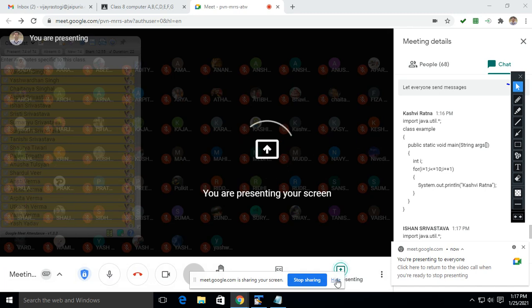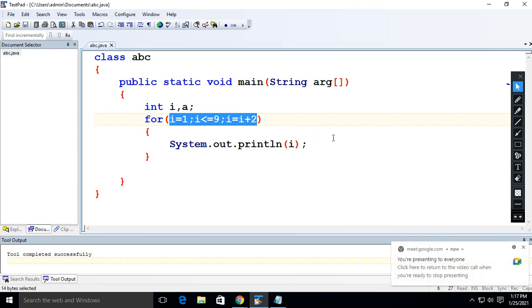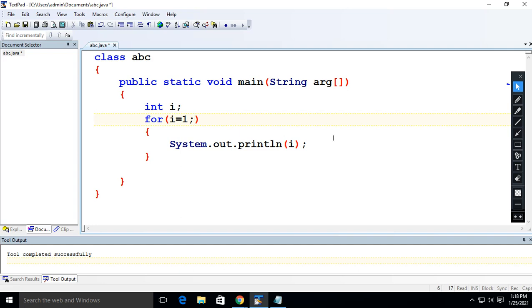Let me show you. Everybody, please pay attention here. First of all, in the for loop, what are we supposed to put? How many times do you want to print your name? Everybody, please pay attention on the screen. Is my screen visible? Okay. For implementing this code, first of all, we will generate the loop. The loop has to run 10 times. The starting point you can use 1, you can use 10, you can use 50, that is up to you. I am using I equals 1, and till how many times do we want to execute?